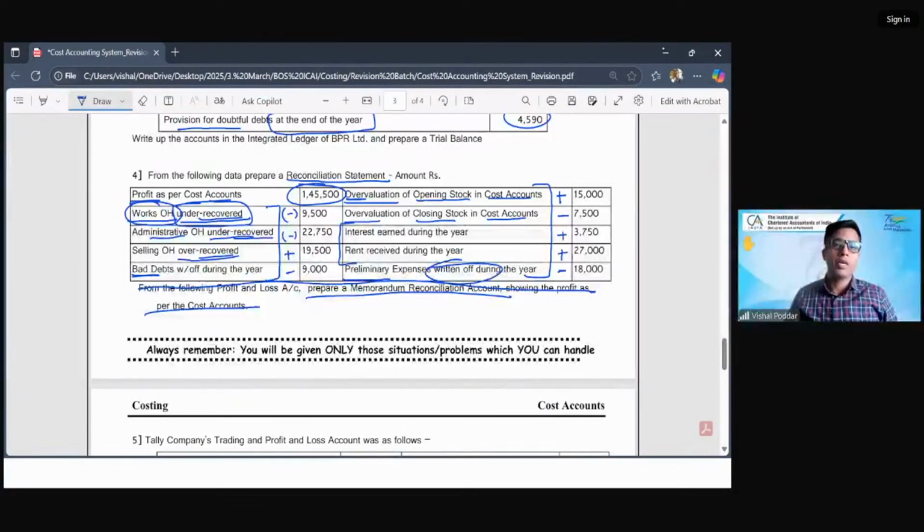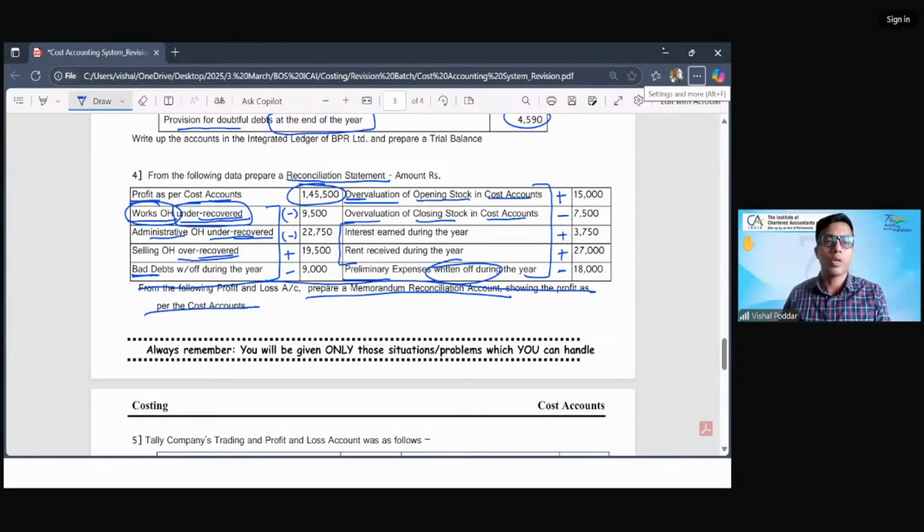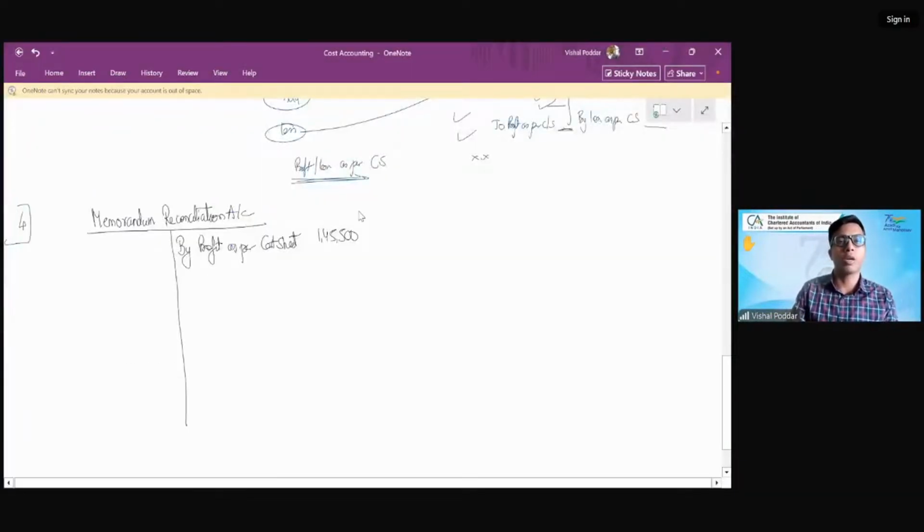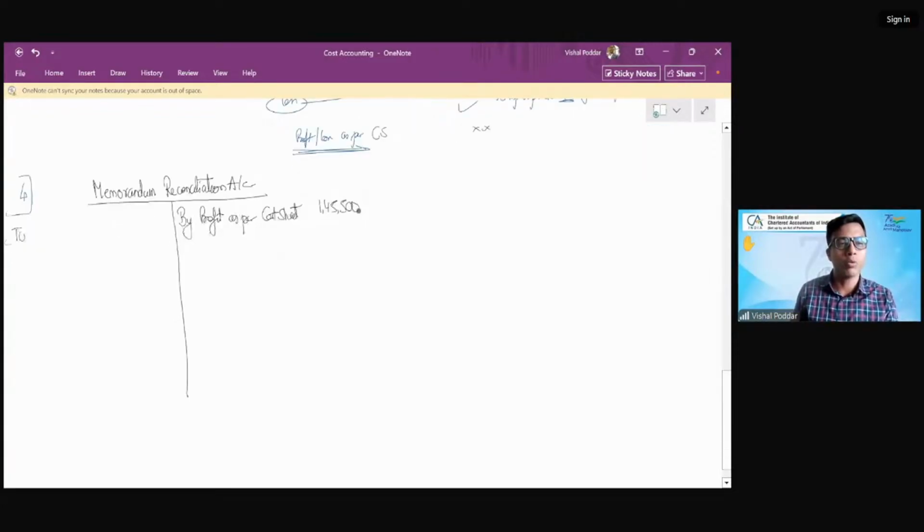So first you have to identify whether to add or less. And once you identify this, we will prepare our reconciliation, either statement or account as required. Here we are preparing the ledger account. So works overhead under absorbed, administration overhead under absorbed, both are less. I had already informed you whatever is less should be put on the other side. So I will write